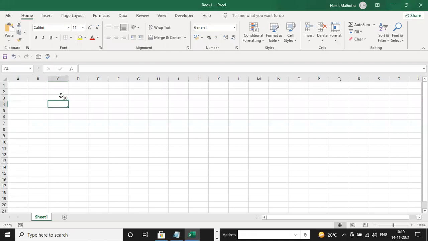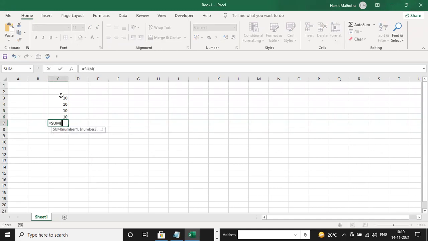Suppose this is 10, 10, 10, 10. If you need the total of this, you can use a sum function, and then this is the total.